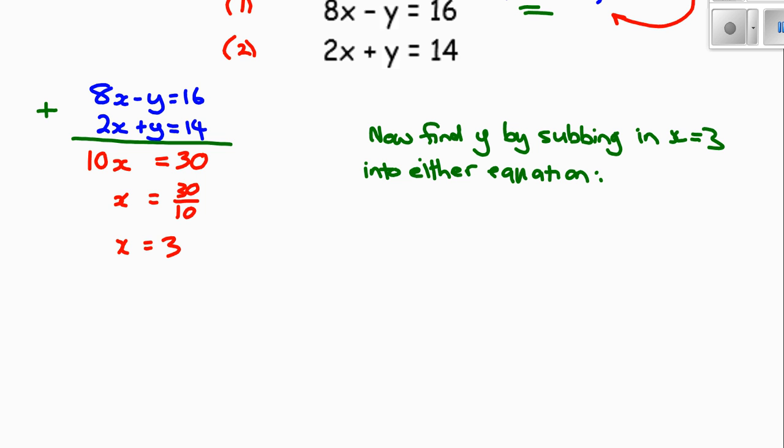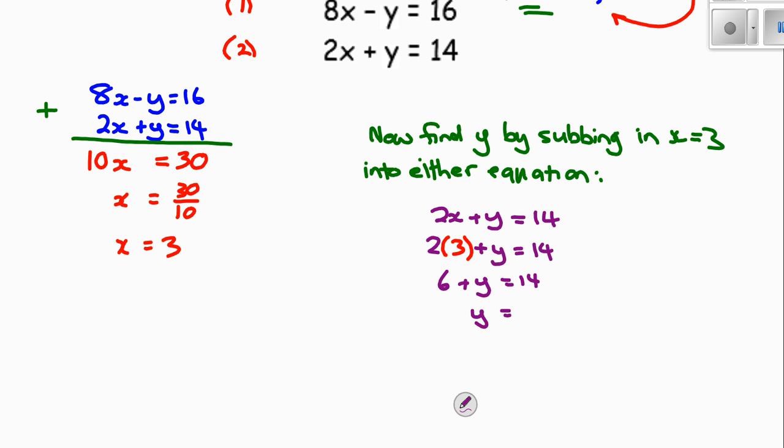So our two equations, let's see, what do we have? 8x minus y equals 16, 2x plus y equals 14. I'm going to sub into the second one because it's in the form of plus y, and we want to solve for y. You could have subbed into the first one as well, but it's just a little bit more work. So we need to sub in 2 brackets 3 plus y equals 14. So it's 2 times 3, it's 6. So 6 plus y equals 14. So y equals 14 minus 6,